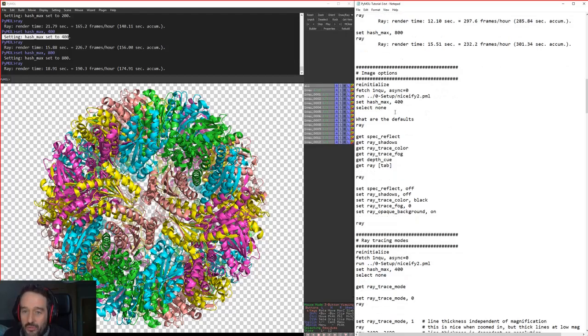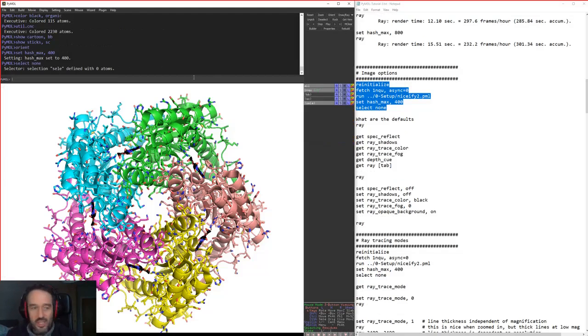There are a lot of different effects when it comes to making images. We'll just bring in one NQU. I've used my little setup script that I showed you earlier, set my hash max and deselected things.